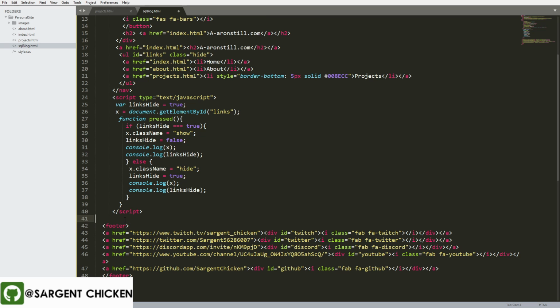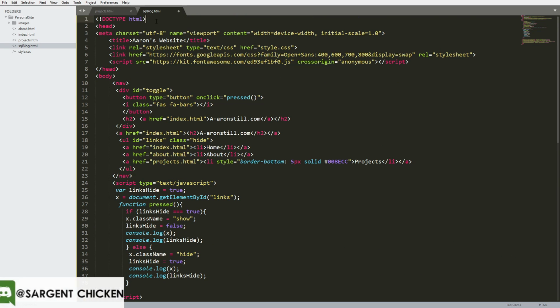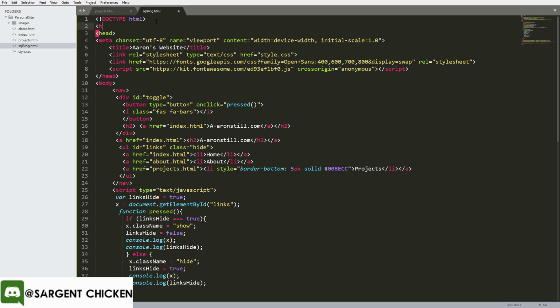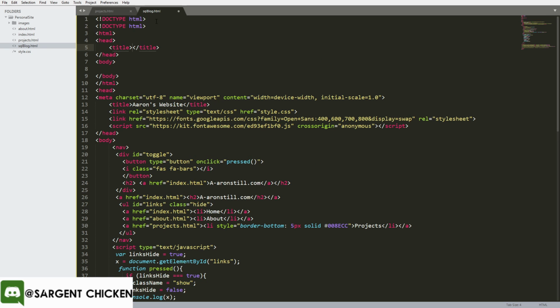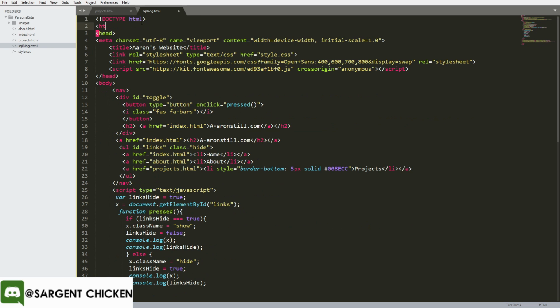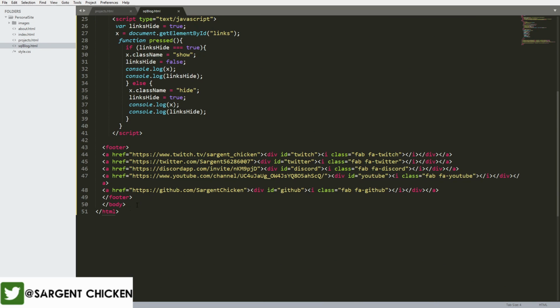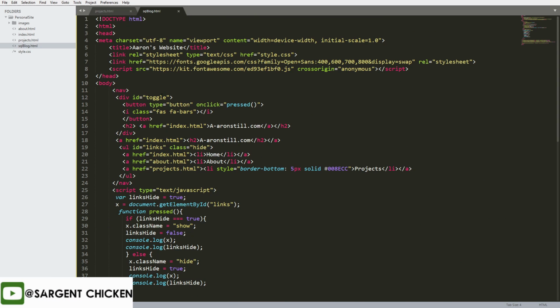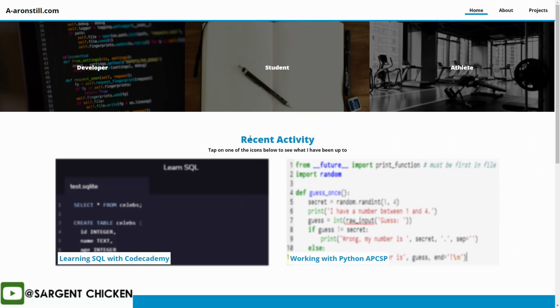Oh yeah, one thing I did forget to include at the top is my HTML tag. Whoops. I guess Sublime also autofills certain things for you. The HTML tag isn't necessary, but you still need it for creating HTML documents. Alright, so now that that's all set up, let's go back to the website